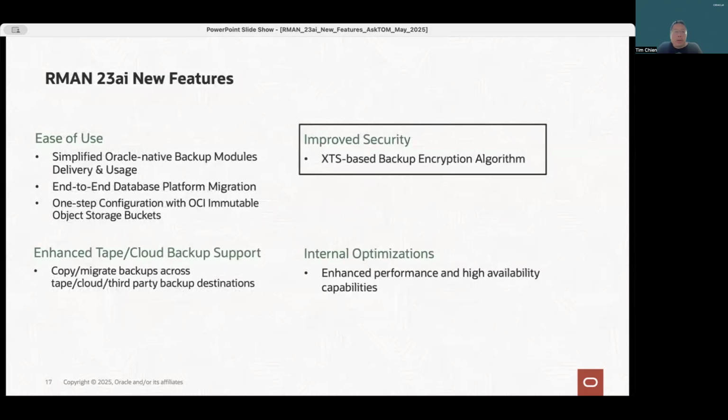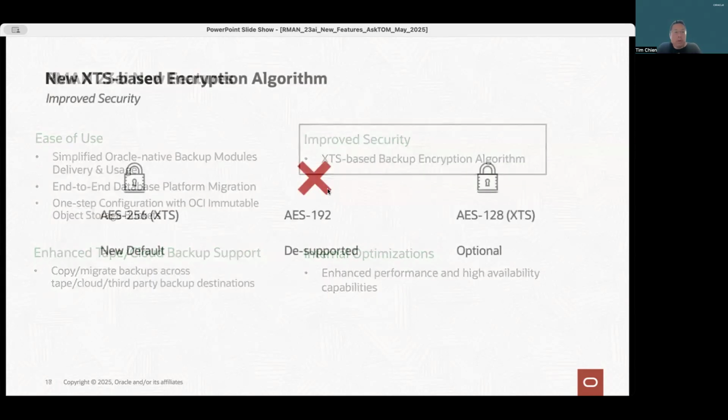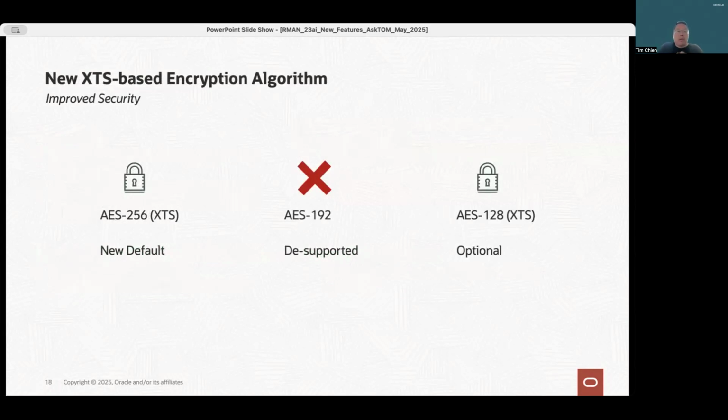All right, so we're also going to now cover the security aspect of the new features with the new XTS-based backup encryption algorithm. Okay, as you know, we've offered AES based encryption algorithms for some time. As these implementations of algorithms, as the industry standards are evolving, so does the database, right? And so RMAN for backup encryption has always inherited that encryption capability from the underlying database security infrastructure. And as we look at 23AI,